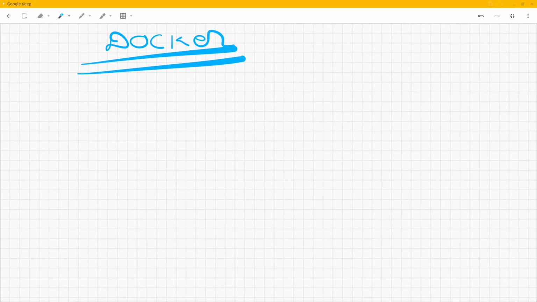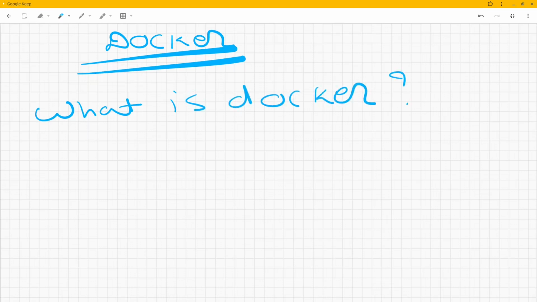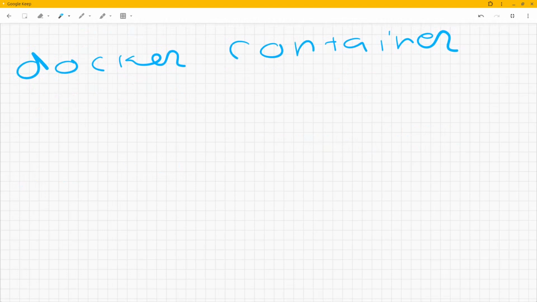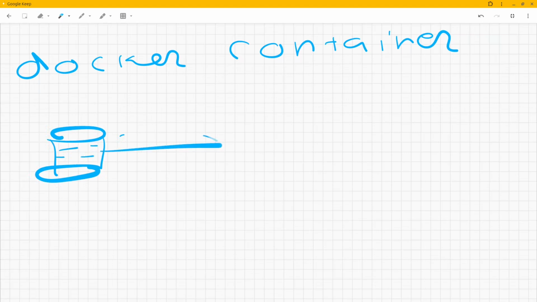You know that at home we have containers, where we put our things and we can share this container with our brother, sister, and family members, and they can use these things. So this is what a container is and the use of a container. In the same way, Docker is also a containerization technology.